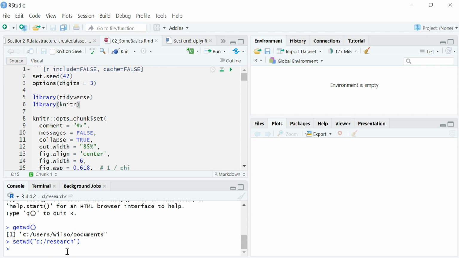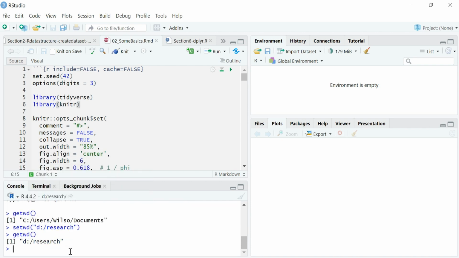research. So we have set the new working directory and now use getwd again. So this is the new working directory. So all the files can be loaded from this working directory. And usually this is the working